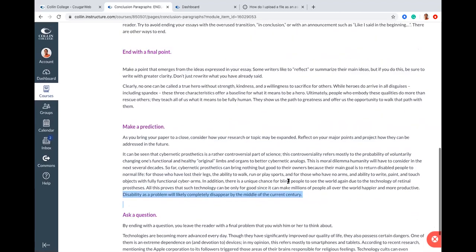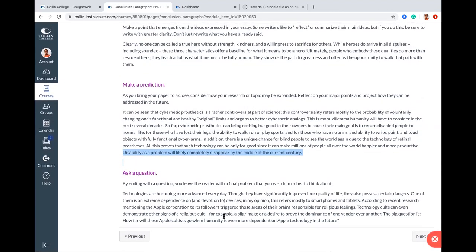Okay. And then finally, you can end by asking a question, all right? So if you leave the reader with a problem that maybe they need to think about, again, it leaves a lasting